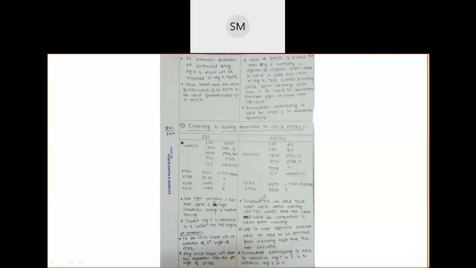That is why I have written string 1, comma X. The value of index register X is 0 now, so the first character, located at index 0 in string 1, will be taken and loaded into register A.